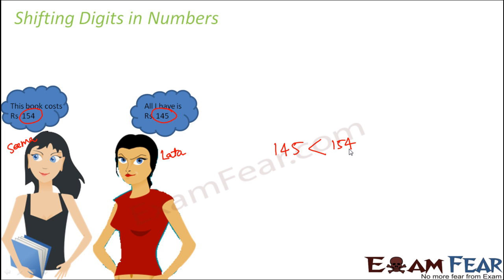Now some of you might think that 145 and 154, both these numbers, they contain the same digits. So both the numbers are made up of 3 digits, 1, 4 and 5. But what happened? Shifting the digits changed the number as a whole. That's what we had learned before also, that the moment you change the position of the digits, the overall number changes. Now here if you look at 145, so here 5 is at units place, 4 is at tens place and 1 is at hundreds place. So it is basically 1 into 100 plus 4 into 10 plus 5 into 1.